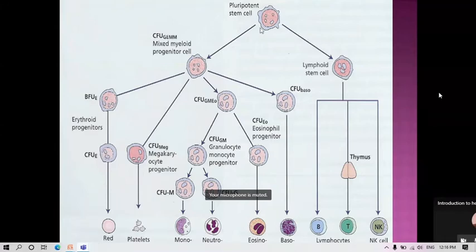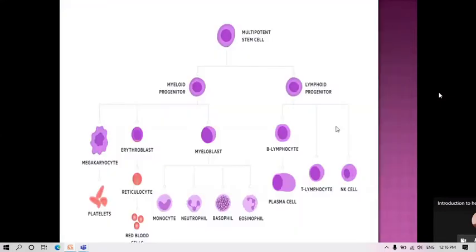But they are present in a very small amount in our bone marrow. They have the ability to differentiate. These pluripotent stem cells will divide and differentiate into multipotential stem cells, then into colony forming units, and ultimately they will mature into these cells. A more simplified version is: from the pluripotent stem cell, we differentiate into multipotent stem cells, and you have to remember that this multipotent stem